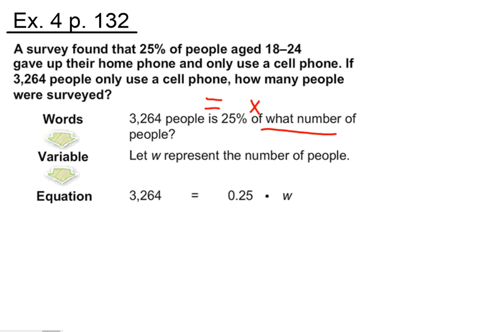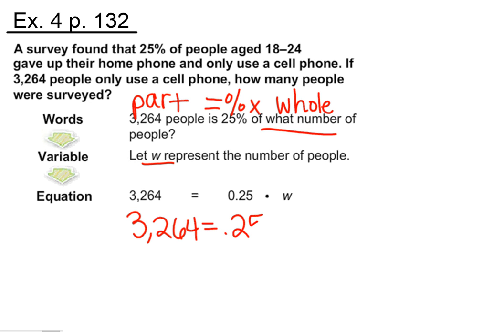So here we have the part. Here we have the percent, but we're missing the whole. So that's what we'll be trying to find. So let's let W represent the whole number of people that were surveyed. So this brings us to our equation. 3,264 is equal to 0.25 times W. I'm going to simplify this